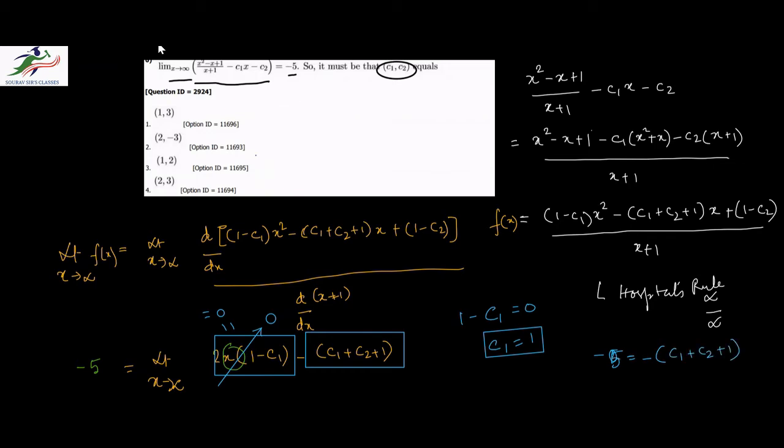Now we know that c1 is equal to 1. So minus 5 is equal to minus of 1 plus c2 plus 1. So therefore c2 is 5 minus 2, or 3. C2 is 3. So we see from the given options, 1 and 3 is the first choice, which is the